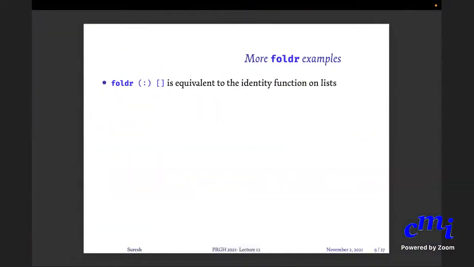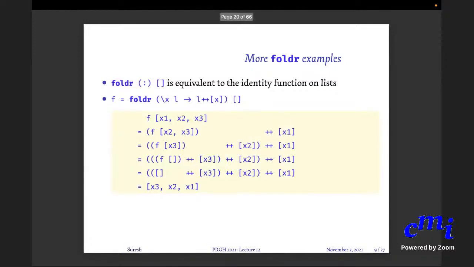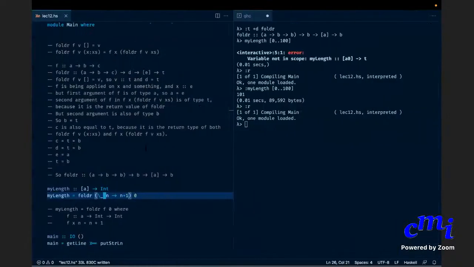Okay, now here is a trivial example of foldr colon empty list. That is nothing but identity. Why identity on list? Because remember that foldr itself replaces the colon operator by your own operator, and the empty list by your initial value v, right? And you are giving empty list as the initial value and colon itself as the function. So it is exactly the same as the identity function. And here is another example, foldl with plus plus.